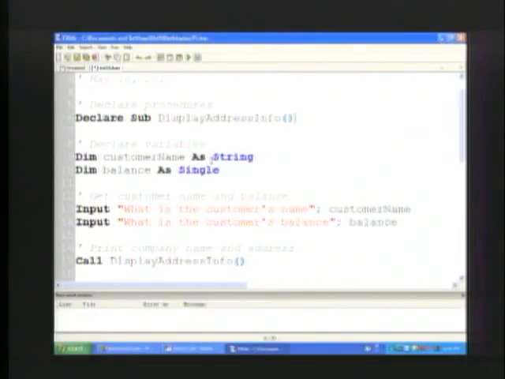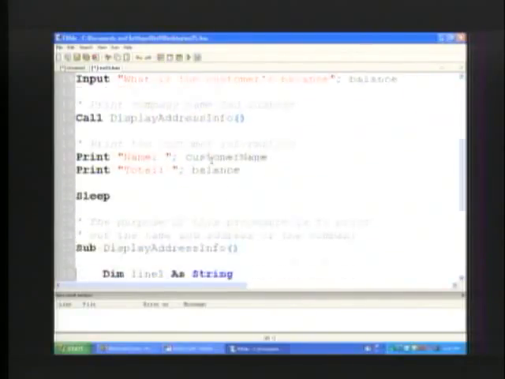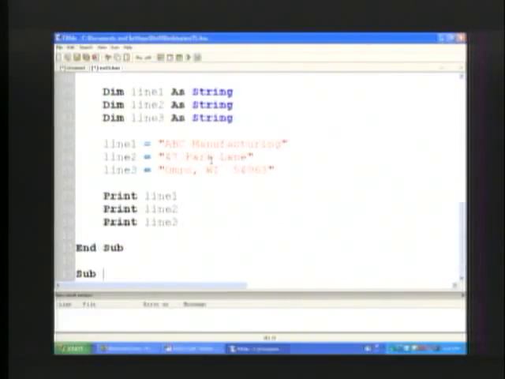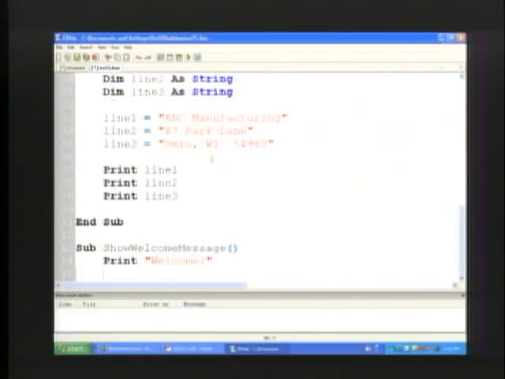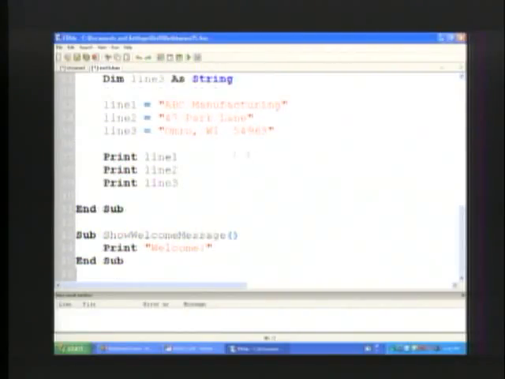So anytime you have more than one module, you have to declare it. So if I were to come down here and create another module, right? Sub show welcome message. So I type in the word sub, I type in the name of my subroutine, the open and close parentheses are necessary, and then I print out, this is the body of the module, printing out a message here, and then end sub finishes the subroutine. All three of those lines are needed,